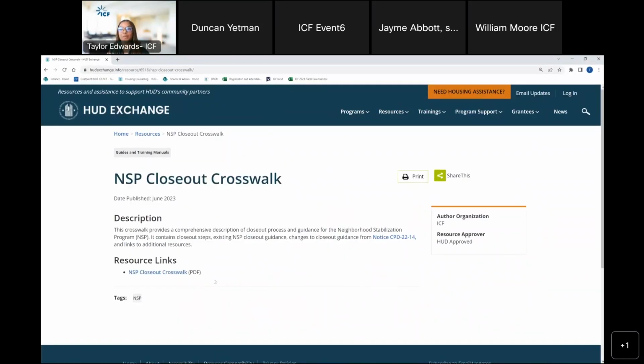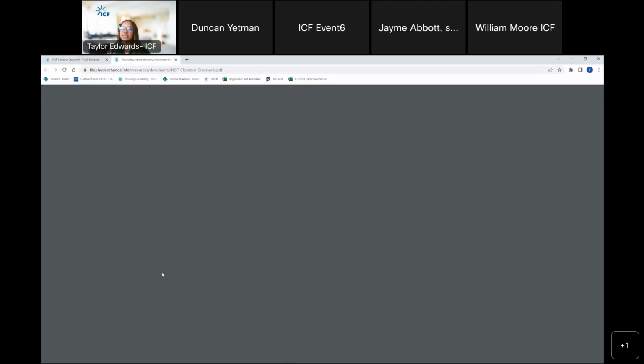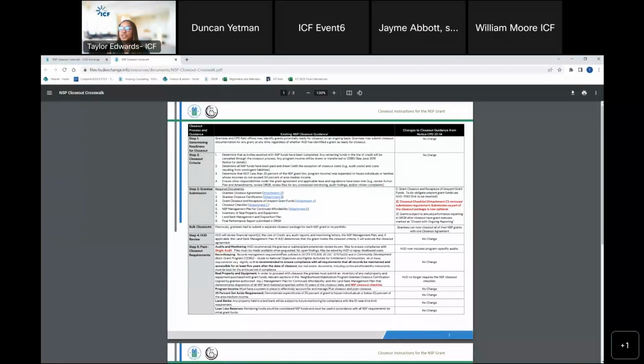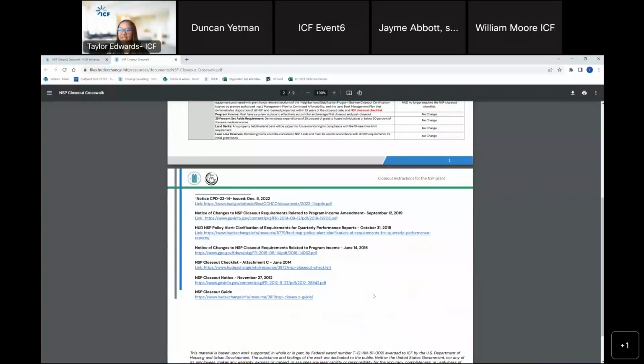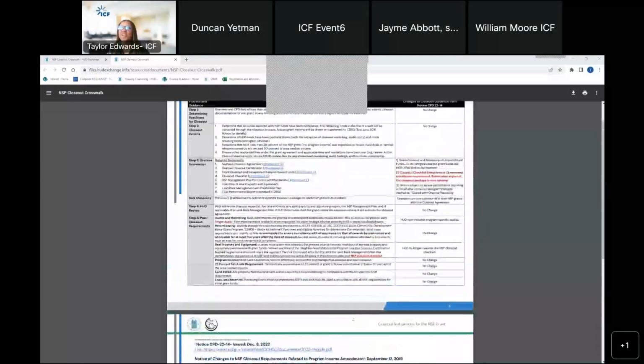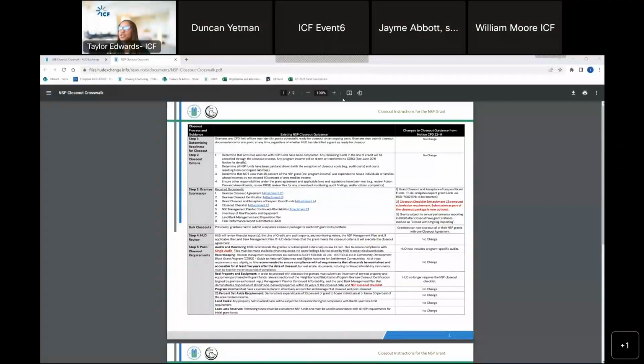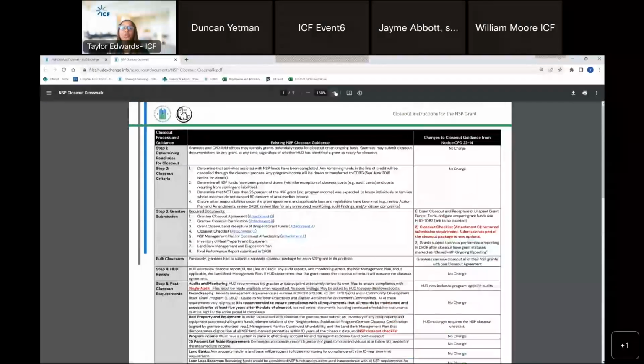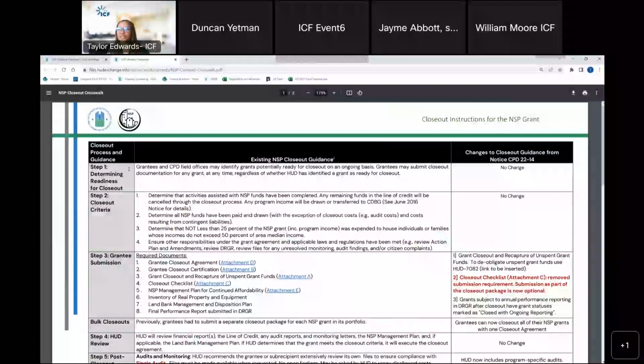You'll then be brought to an abstract page where you can see the description of the crosswalk, and then you'll have a link to the crosswalk here. My intention for this demonstration today is to help you orient yourself with, okay, how do I use this tool as a quick reference to navigate the NSP crosswalk and NSP closeout? So here's the NSP crosswalk. There's some additional links here that you can use to supplement your knowledge if you have any other questions about NSP. And I'll just go through this very quickly on how it's intended for you to understand where you are and what you need to be aware of as far as the NSP closeout